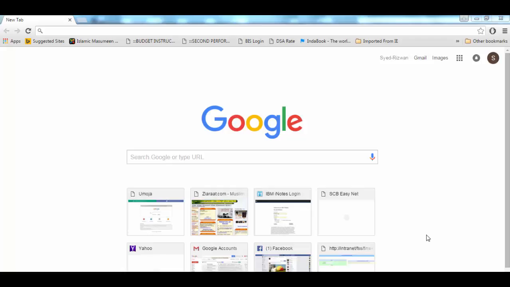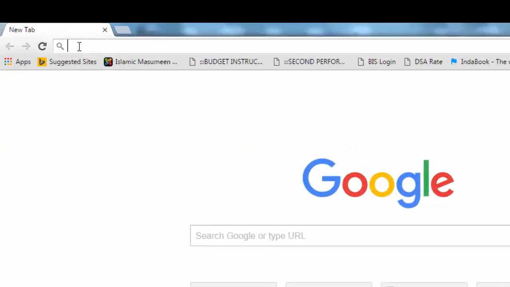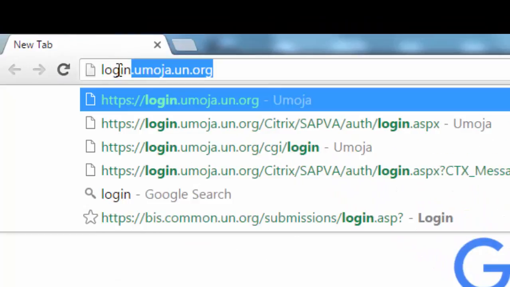In this edition, I'm going to show you how to log into Umoja. To log into Umoja, you would need to use a web browser. You can use any web browser: Internet Explorer, Google Chrome, which I'm using, or even Firefox would work. So what you need here is to type in the login address for Umoja, which is